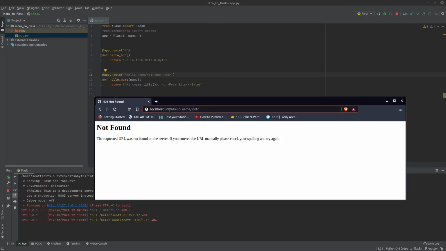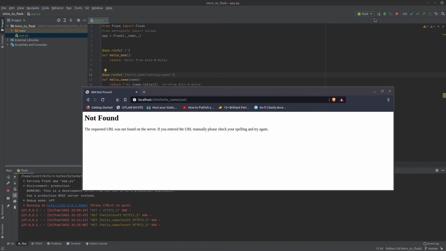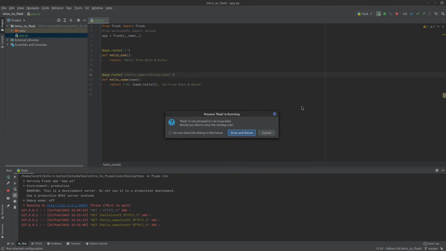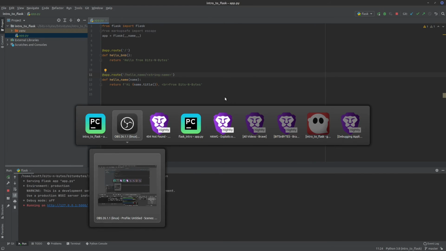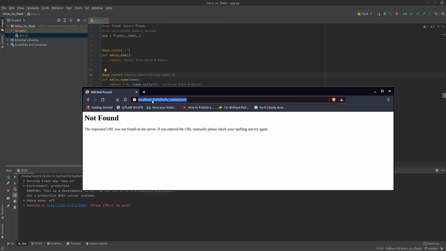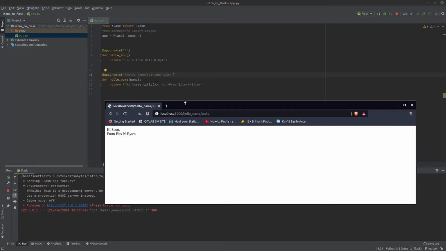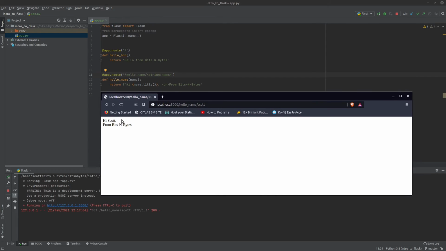All right. Now that's still throwing a 404. Why? Let's see. All right, let's try to restart this. Not sure what happened. There we go. I just had to restart the server. For some reason, it didn't automatically restart. I'm not sure why. But you can see that it took my name, it put an uppercase on it, and then it added it to the return statement.